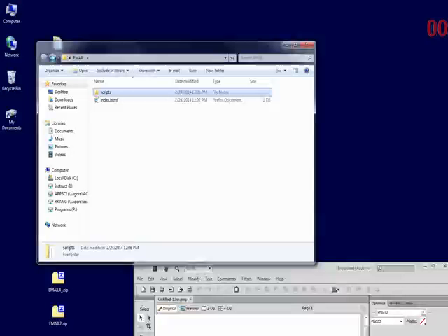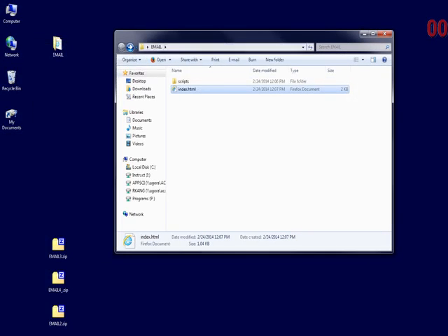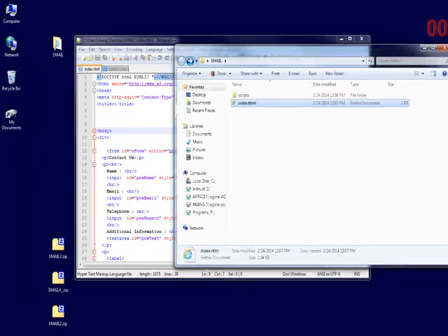Okay, so when we look at our PHP, this could be an index.php, or it could be the HTML file, like in this case. So we're looking at the email folder, which is available online. So we have this first file, which is index.html. Now, when we look at it,